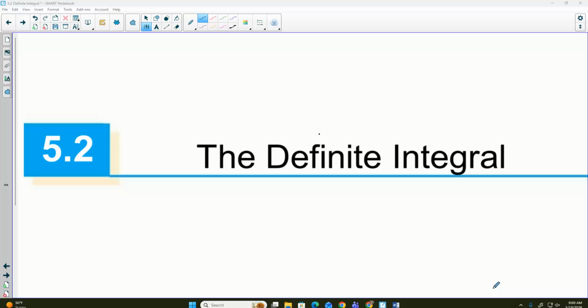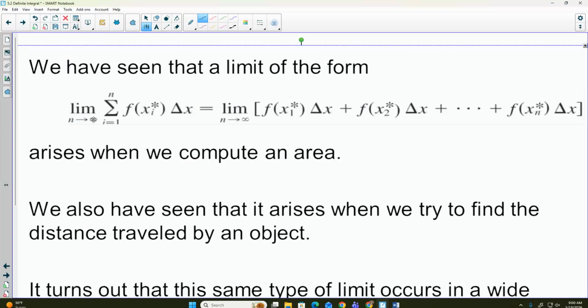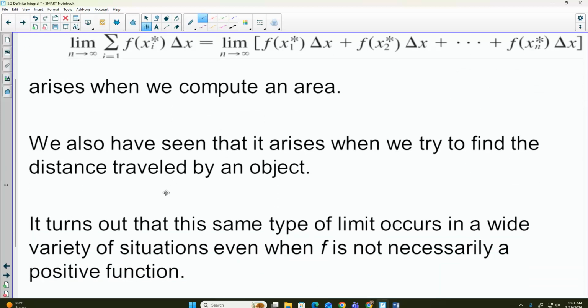More practice with that. So what we've seen so far is that we did these limits of the sums, and we had those f of x sub i's and the change in x, the areas of the rectangles that we added up. And we saw that come up when we did area. We could also use that if we're trying to find distance traveled by an object, or there's a lot of other situations. But one thing that we haven't ever seen, in all of these situations, weren't we just adding up areas